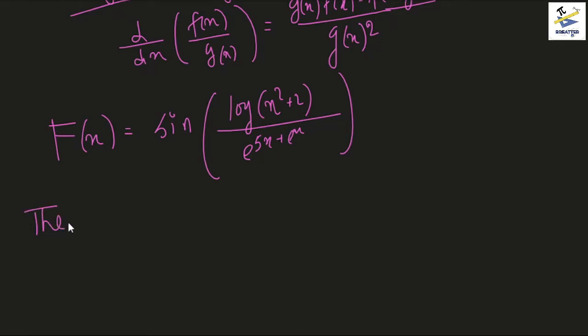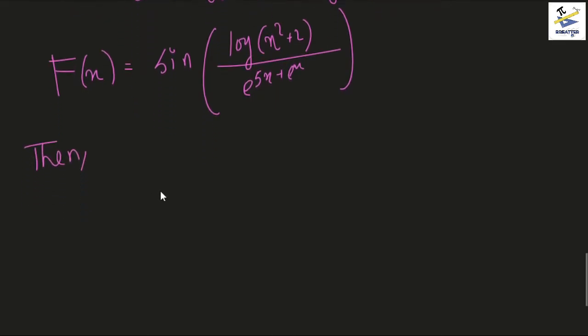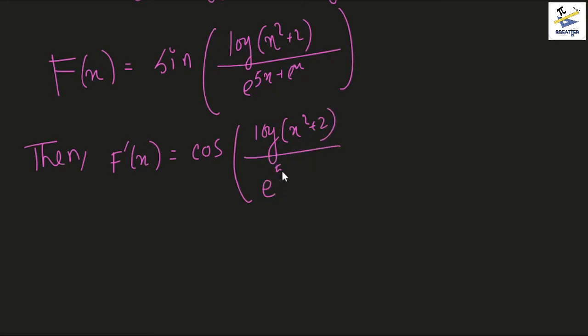Then F dash x would be, so firstly the derivative of sin x is cos x, so we first have this,